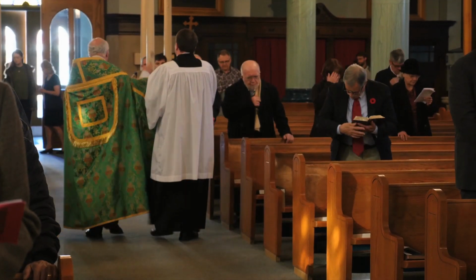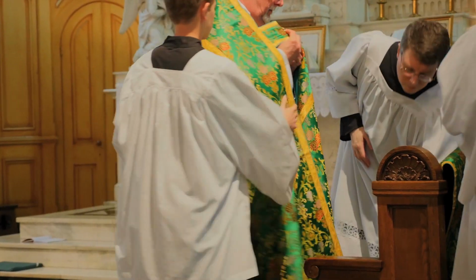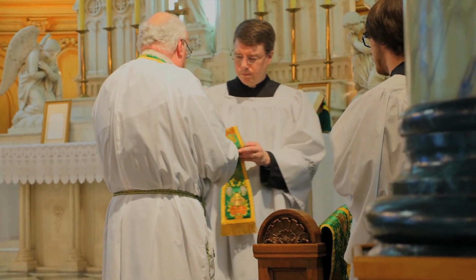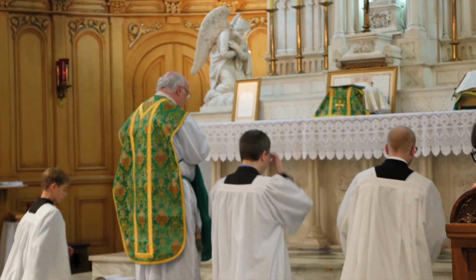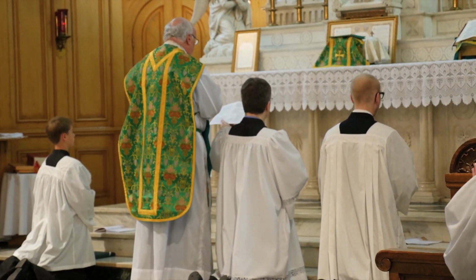After that, the priest returns to the altar, and what happens next? After prayers which conclude the asparagus, the priest will remove the cope, which is the outer vestment for the asparagus, and then he will change into the chasuble, which is the outer vestment for the offering of the Holy Mass. And then the priest, accompanied by the servers, will return to the foot of the altar, and there he will begin praying. Now the prayers at the foot of the altar are